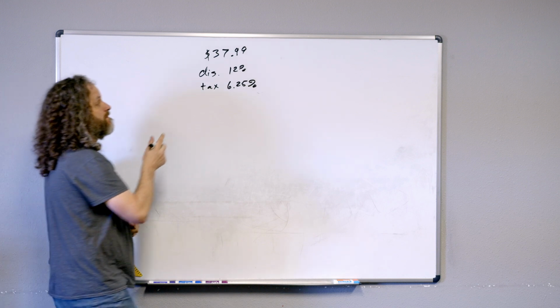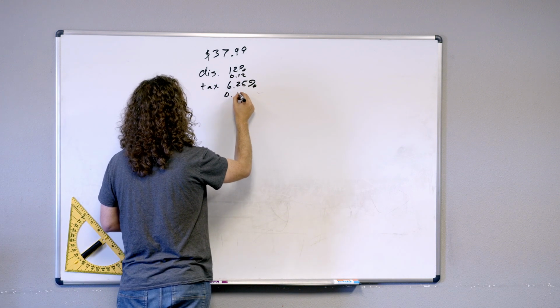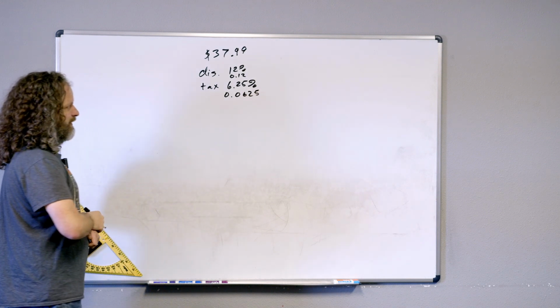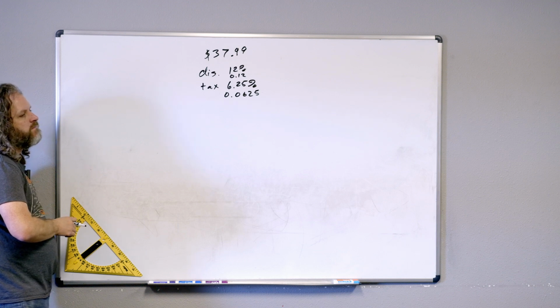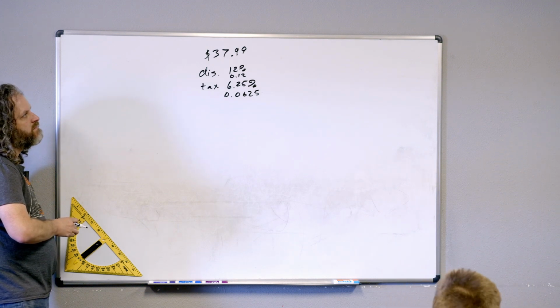0.12, 0.06... Yes, 0.12 for this one and 0.0625. Good job. Now what would we do? Add the divide... Well, you said discount first, so you